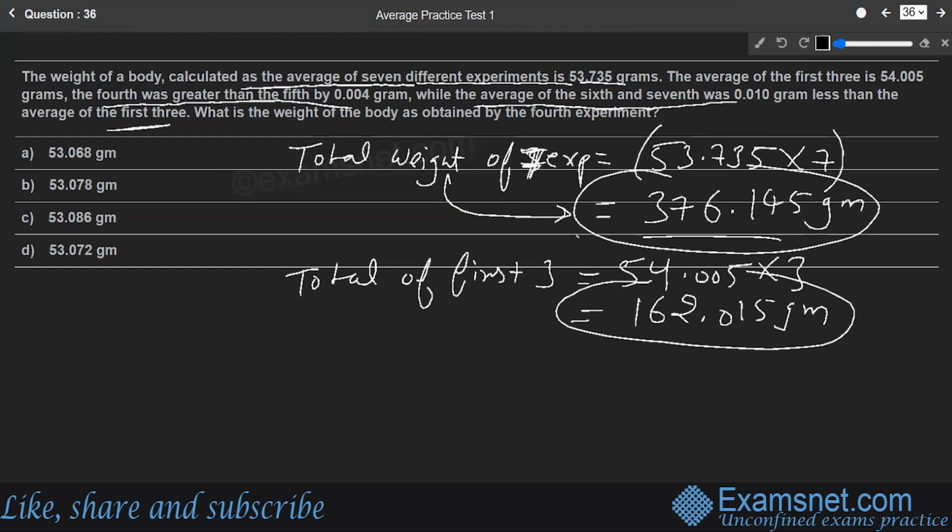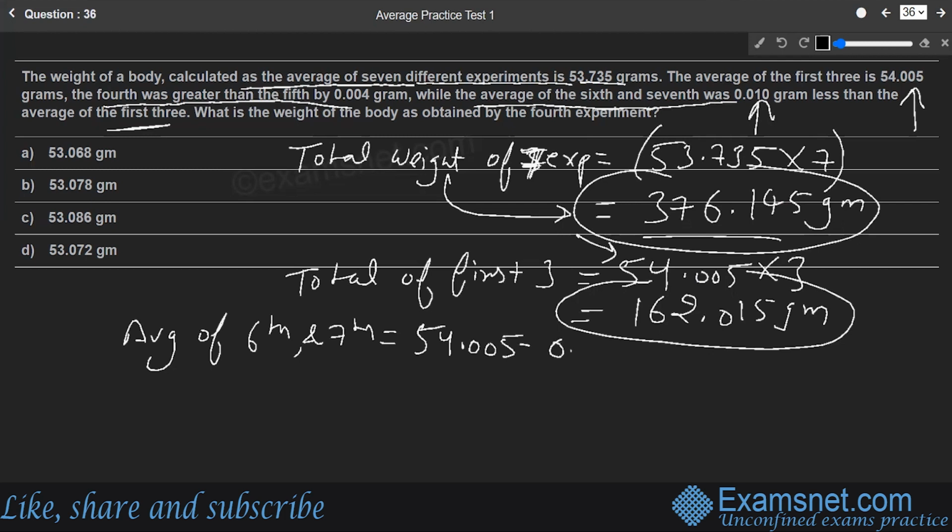So we have already known the average of first 3. So we can clearly find out the average of sixth and seventh. What will the average of 6th and 7th be as per the condition given? He says it is 0.010 gram less than the average of first 3. Average of first 3 we already know to be 54.005. So let us subtract 54.005 minus 0.010, which gives us the value of 53.995 grams. So this is the average of the 6th and 7th